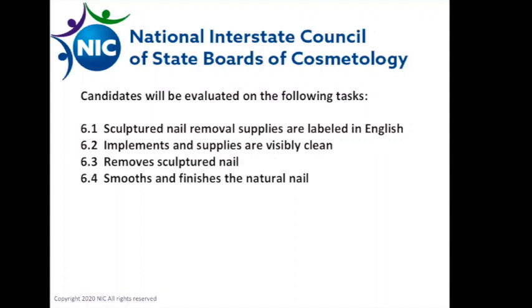Making sure that I'm not trying to pry it, I'm not nipping it, I'm not trying to push an orange wood stick or a metal pusher underneath it and the nail plate to pry it off or to push it off in any way. And then at the end, I want them to buff that natural nail and condition the nail and the surrounding skin. Okay, so with that being done,